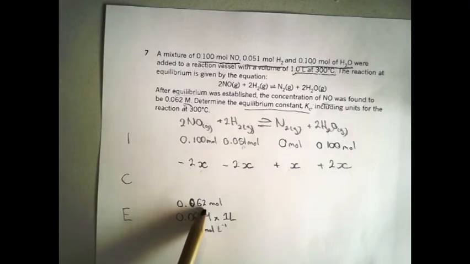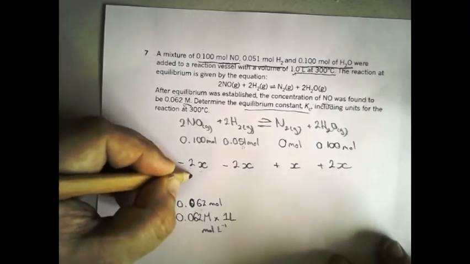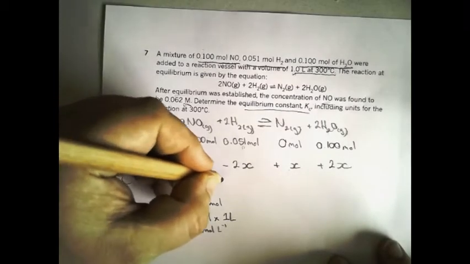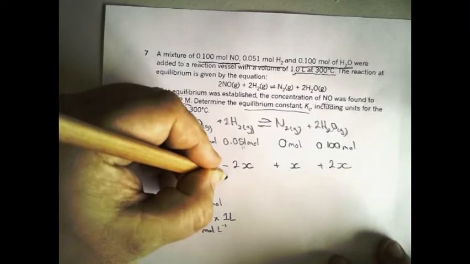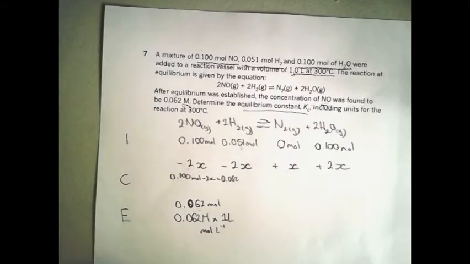So let's write that out. We start with 0.1 mole. We minus 2x, and we ended up getting 0.062. If we solve for x,